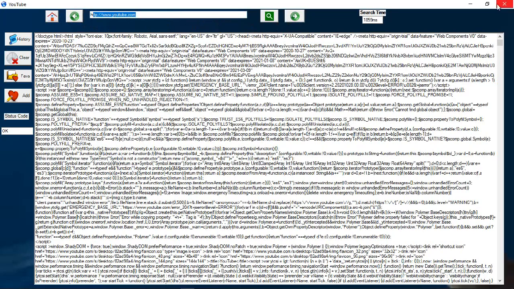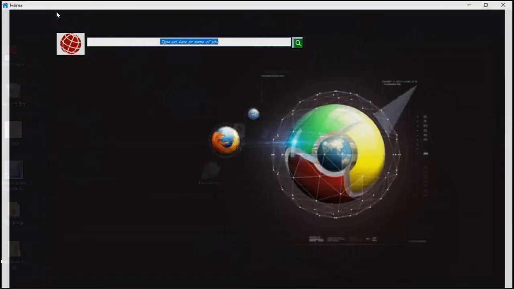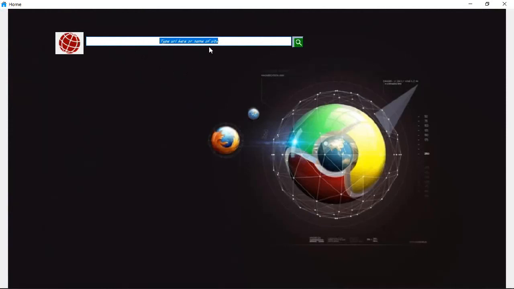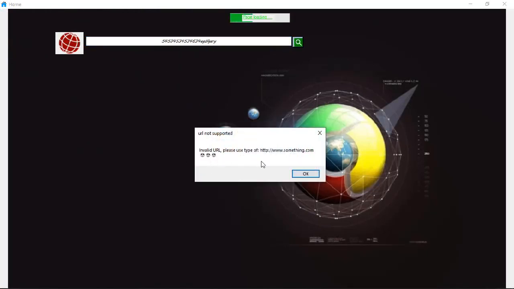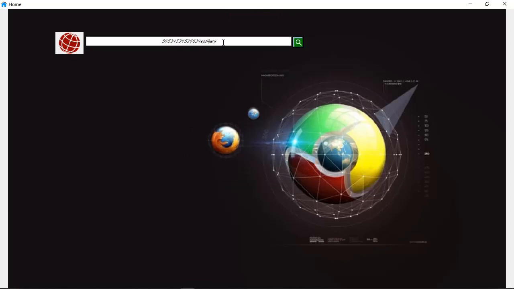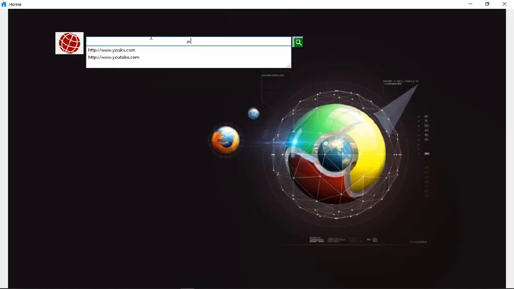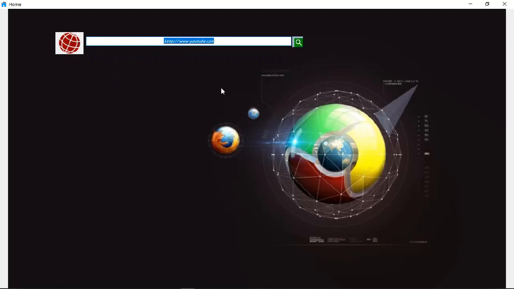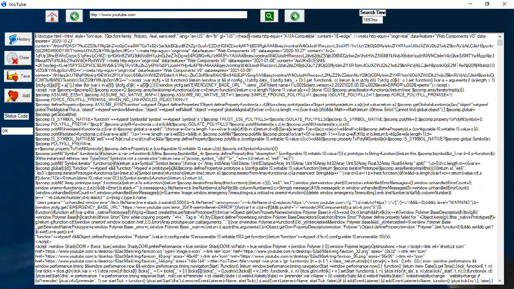Now let's talk a little bit about the error handling of the application. Let's go back to the home page. For example, a user might type something a little bit bizarre like that, and what happens is you get a notification that the URL was invalid. So you need to type something similar to www.something.com, and just click on OK, and then repeat the process, but this time with the valid URL. So all you have to do is type the valid URL, and then proceed. It will get a notification of a page loading, and then the same thing happens again. Now everything is similar to what we've done.